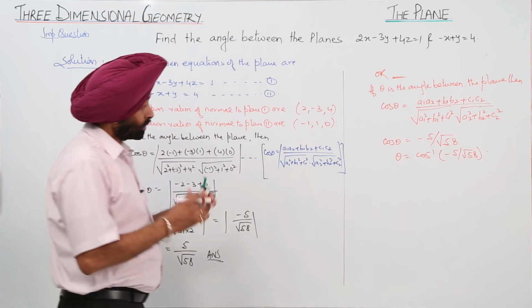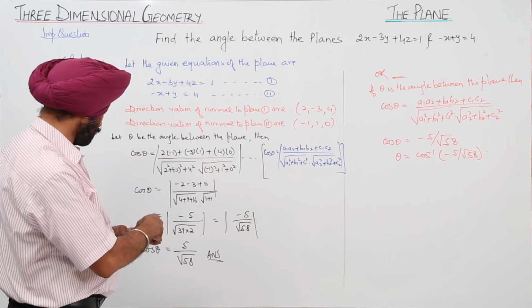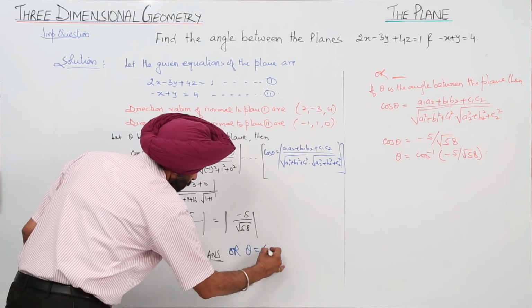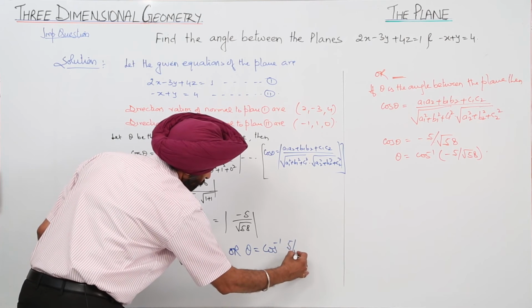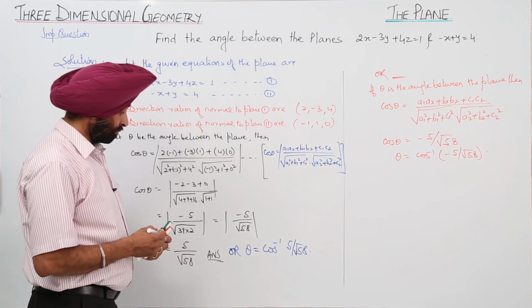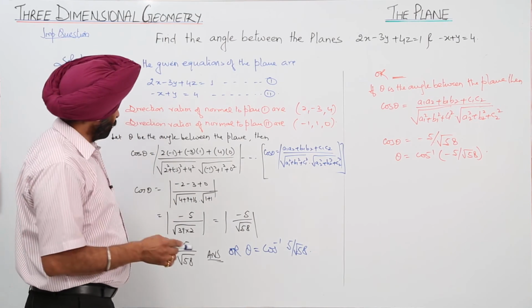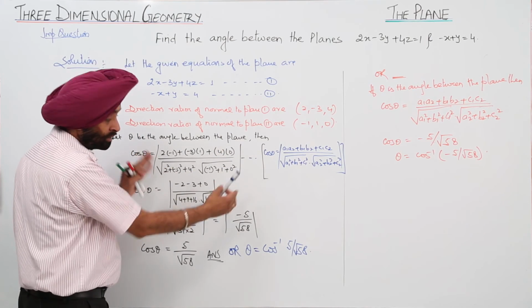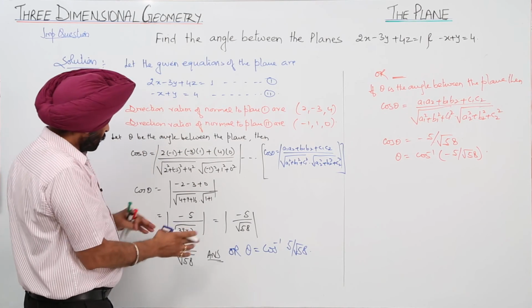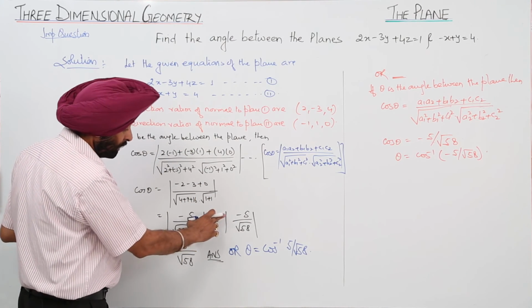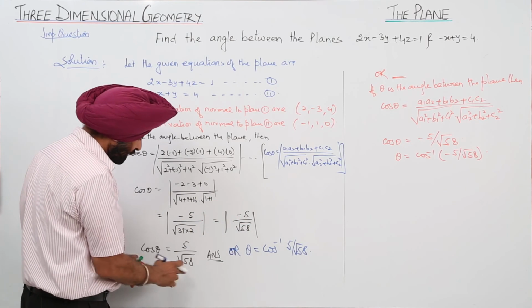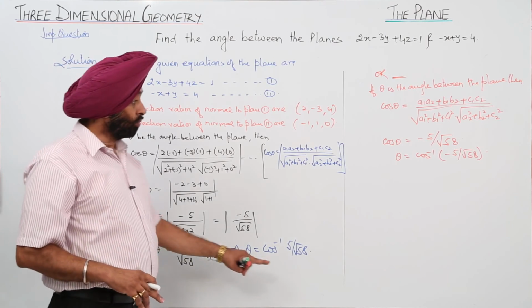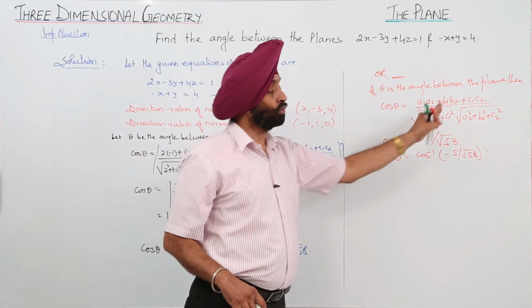Now what is the difference between these two? Here we can also write theta is equal to cos inverse 5 upon square root of 58, one and the same thing. Now in this part what we have taken? We have taken the modulus part for this angle, cos theta is equal to modulus of the function. Here I have just not used this modulus part and have written positive 5 upon square root of 58. So here I am not using the modulus part.